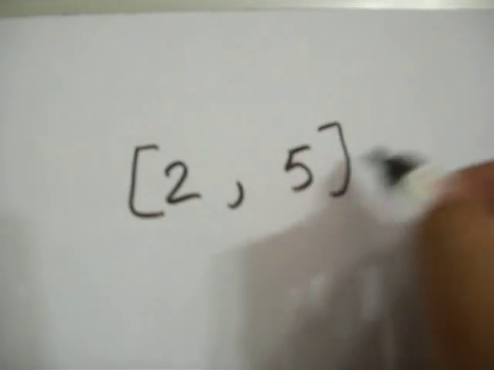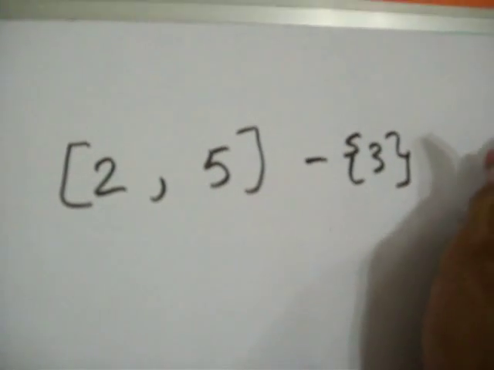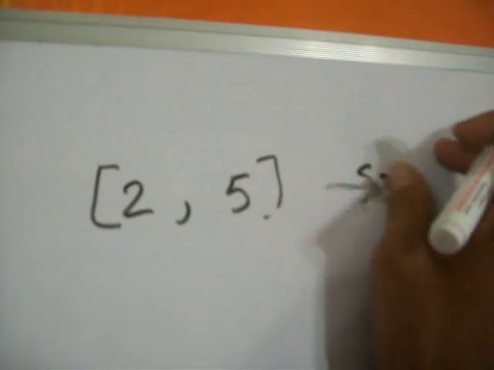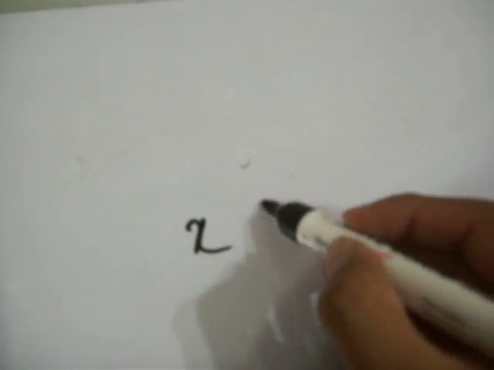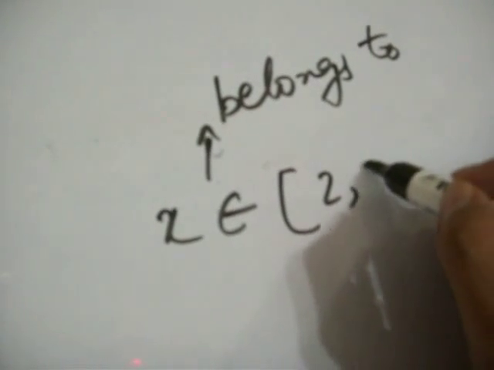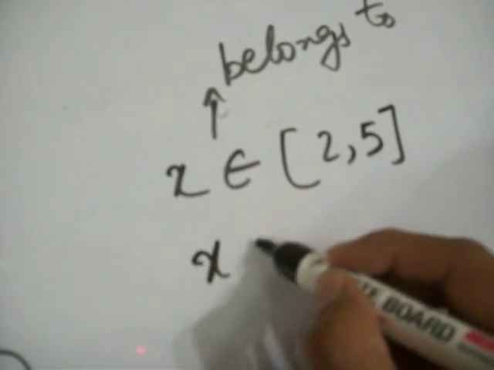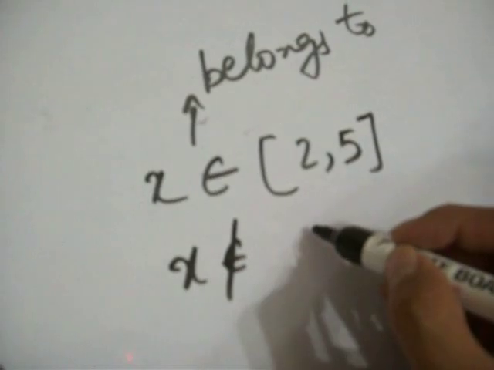Now if there is a case where the answer is 2 to 5, both included, but not 3. If the answer is x belongs to 2 to 5, and x does not belong to 3,